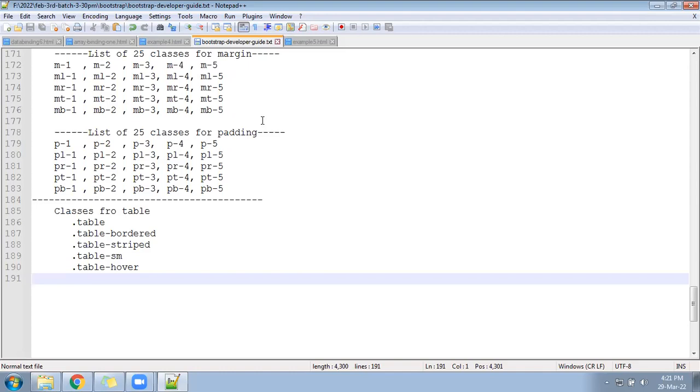Hope ready? Let's go ahead. Create a file example6.html to implement the table.